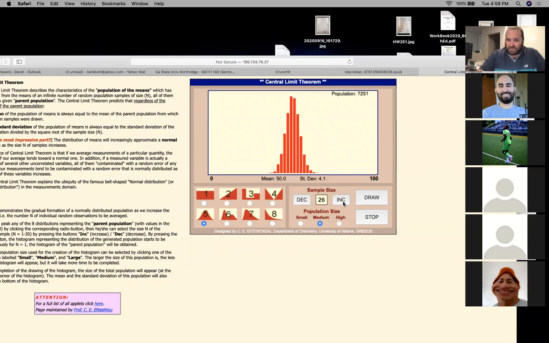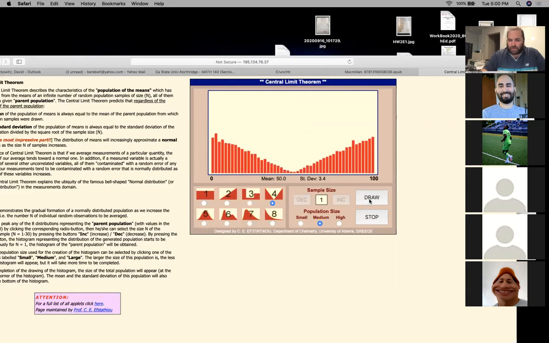Well, it still looks like it's going to the top of the graph, but I think the key is it's getting thinner. Right? It's getting thinner, because if you take an average, the higher the sample size, the much more likely it is to have the average in the middle. Here it's basically 0% up until here. Even something that's very non-normal looking, if I average these and I take a sample of